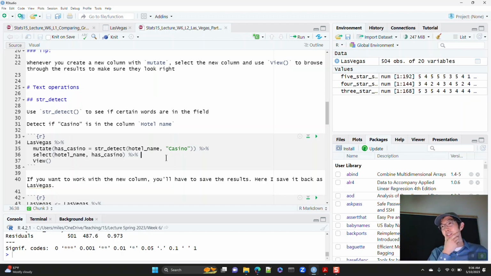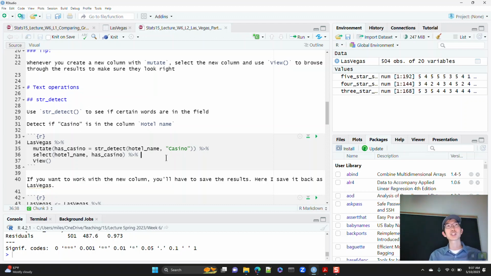You might have a data set, okay? I saw a group say they wanted to work with a movies and TV based data set. And one of the columns is like genre, okay? The genre column contains things like, oh, this is a drama, this is a comedy, this is a crime, and it might even be part of multiple genres, okay? And so you might want to say, okay, let's look at movies that are dramas, okay? How do you figure that out? How do you pull that out?